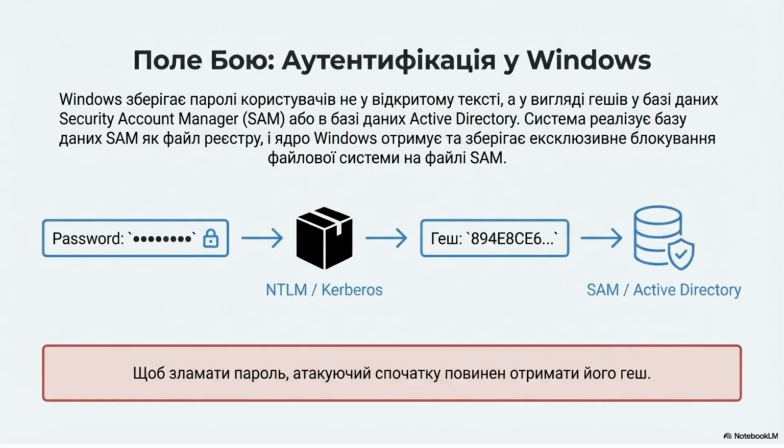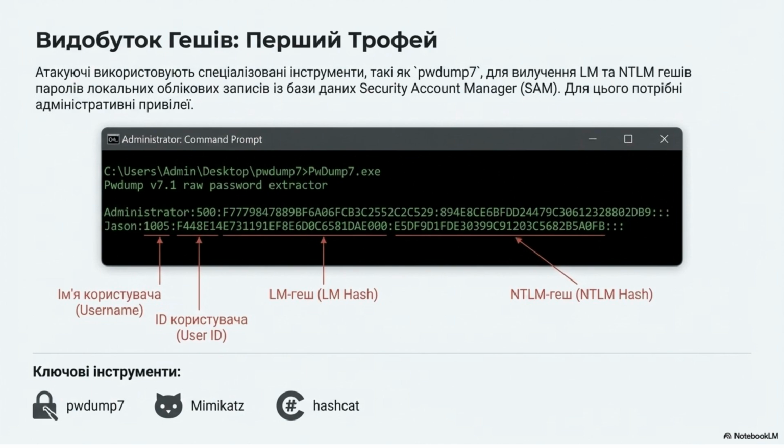In Windows authentication, passwords are not stored in plain text but as hashes in the Security Account Manager or Active Directory databases. To crack a password, an attacker must first obtain its hash. Hash dumping, or extracting hashes, is a key first trophy. Specialized tools like pwdump7 and Mimikatz are used to extract LM and NTLM hashes from the SAM database, typically requiring